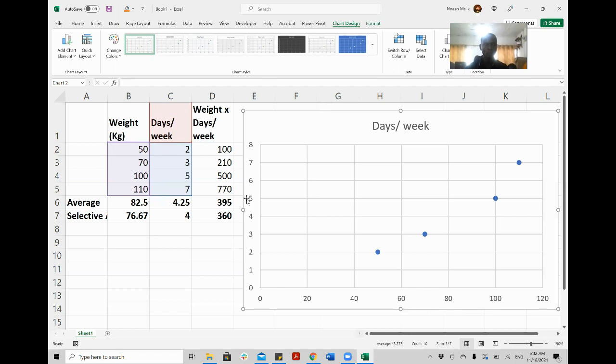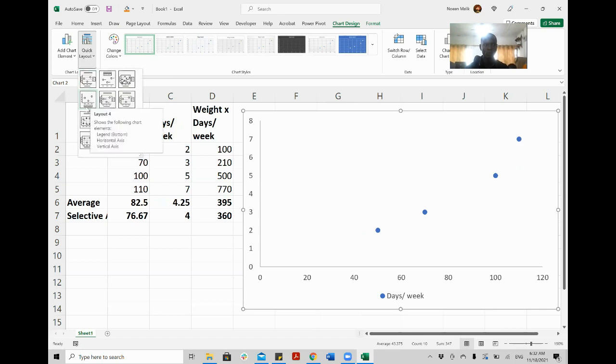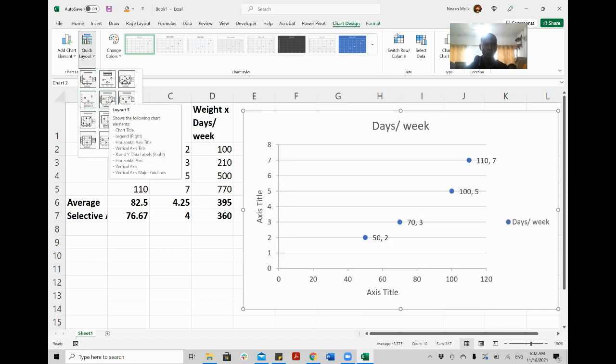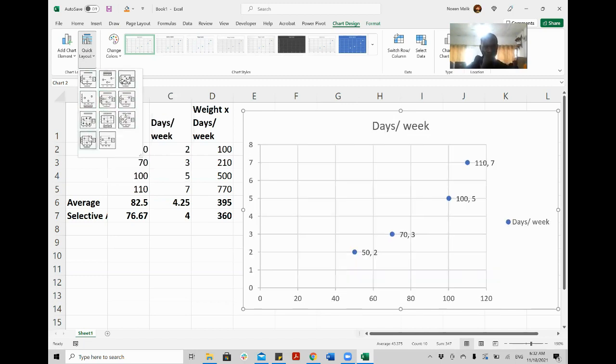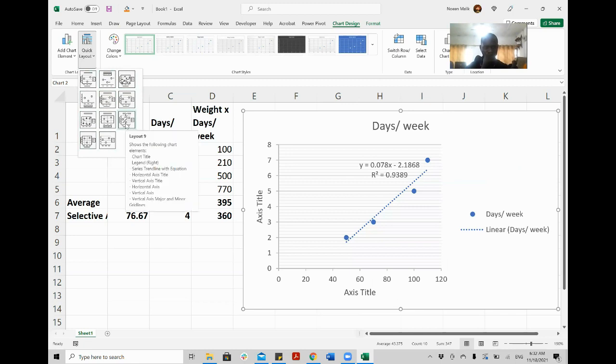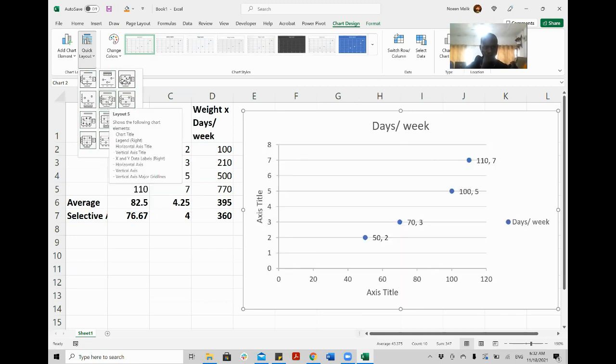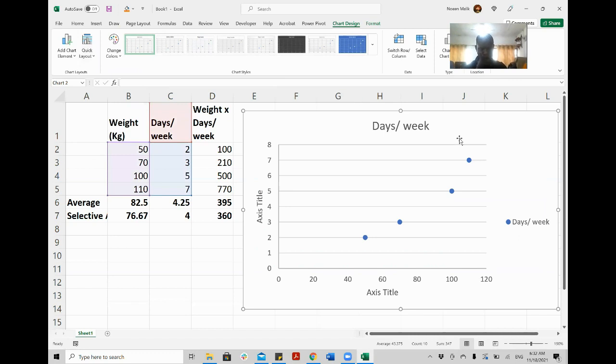I also want to add axis Y. What is this? So I will go to the quick layout. What I need is axis X and axis Y. I will probably choose, no, I want to show you how to calculate this, so that's not okay. Let's go for this simple one. I will choose this one.